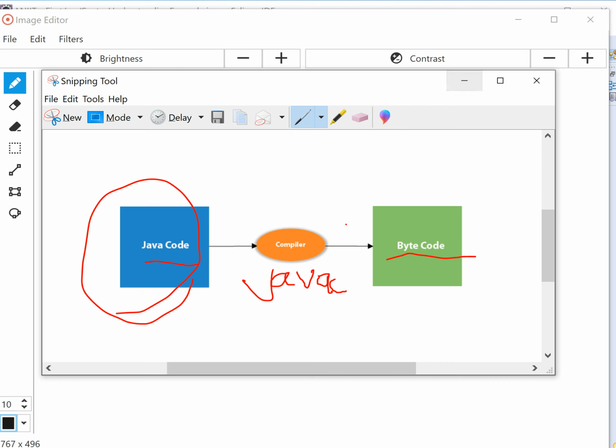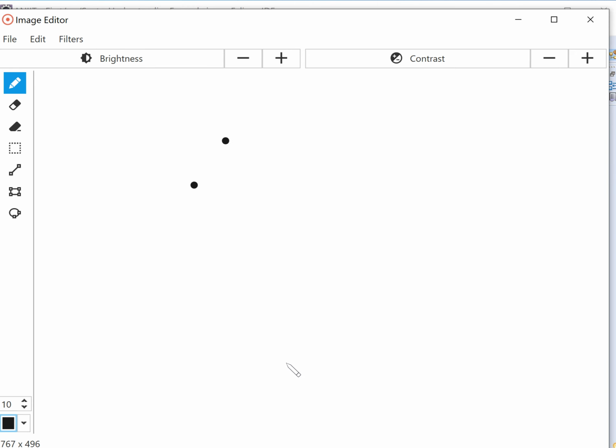Always remember one thing: whenever you write a class, it is a Java file.